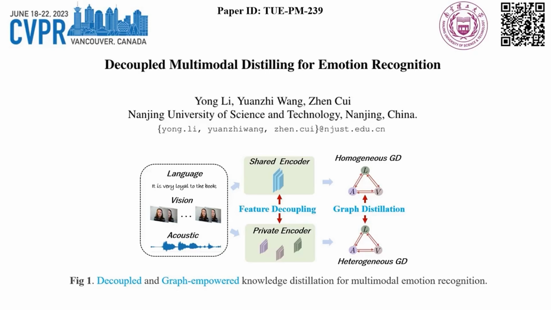As shown in this figure, given 3 different modalities, we use shared and private encoders to encode the features respectively. Then, we use the graph-powered knowledge distilling mechanism in each decoupled space for